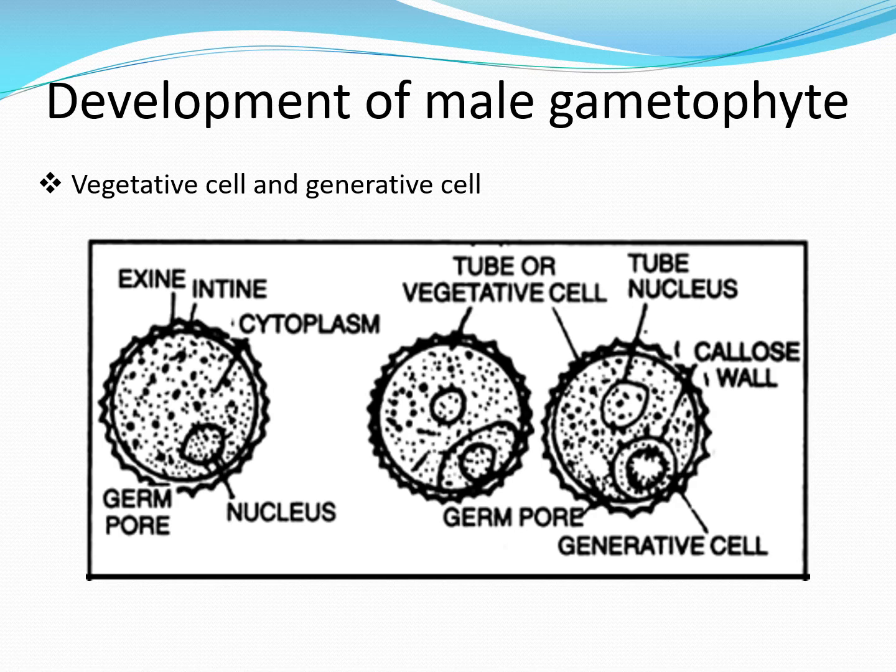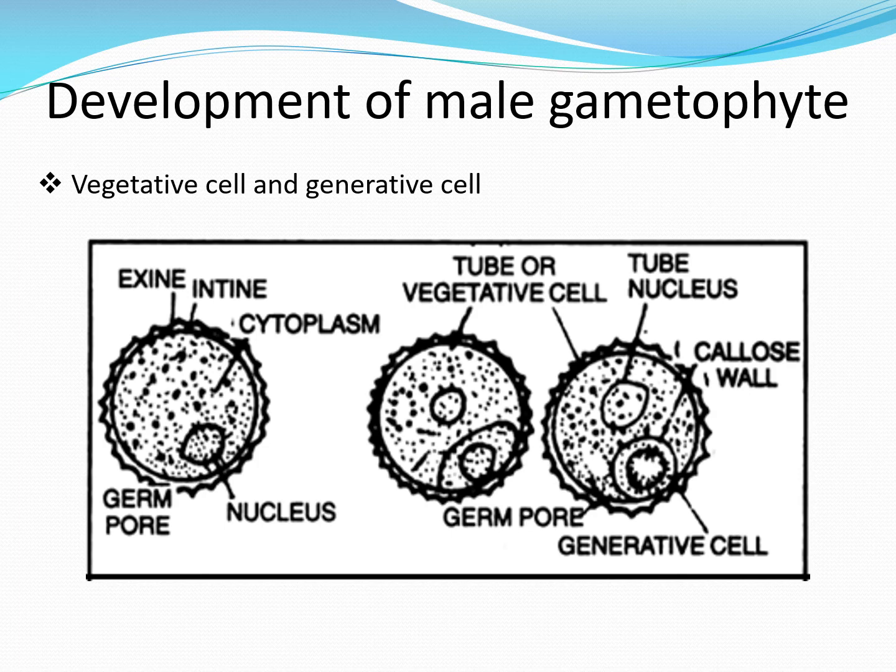A thin curved wall is formed between the two nuclei, which cuts off the generative nucleus in a small lenticular cell against the wall of the grain. It becomes free from the pollen wall after a short time. In the third picture we can see this, and then the biconvex cell gets surrounded by the cytoplasm of the vegetative cell. In the third picture there is a round shaped generative cell within the vegetative cell.